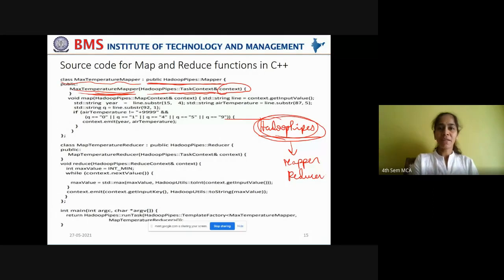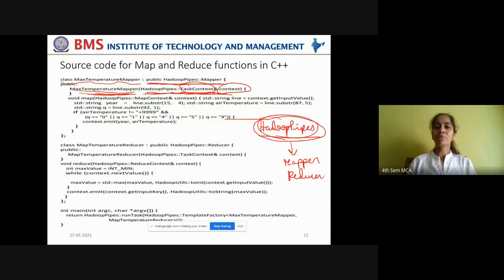Okay. Now we are creating a MaxTemperatureMapper constructor, and it expects a context object which is of the TaskContext class. It belongs to the TaskContext class, and that TaskContext class belongs to the Hadoop pipes namespace.